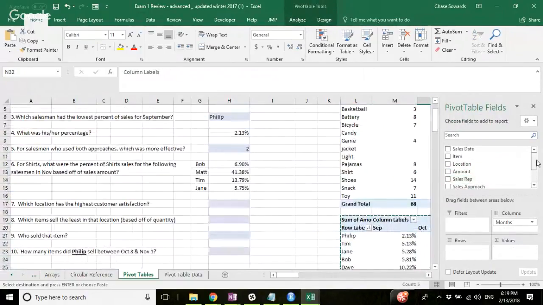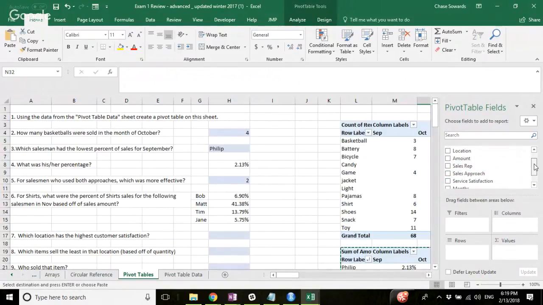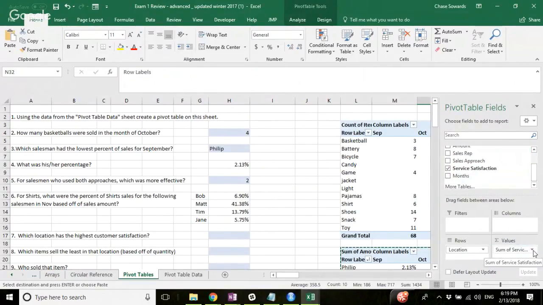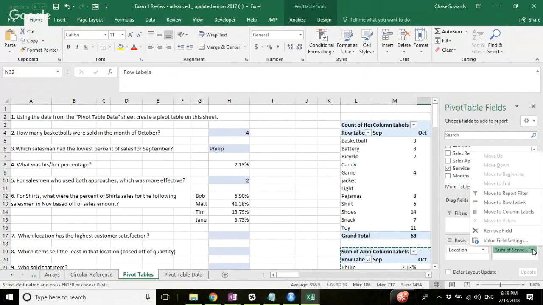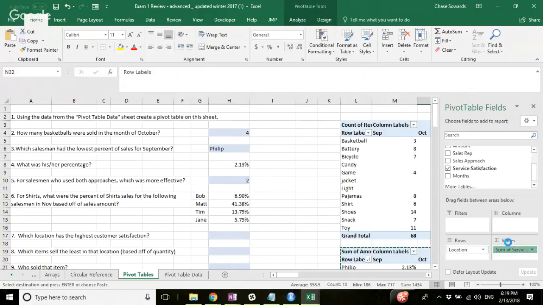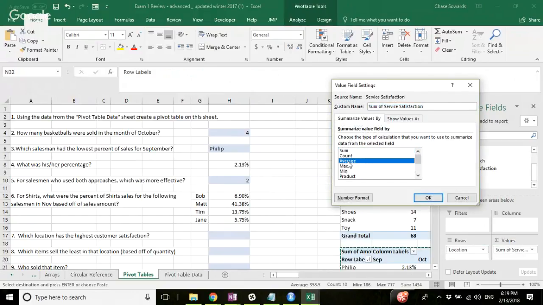And then come down here. So we have location. Here's the satisfaction right here. So do the location and then the customer satisfaction. Let's make sure that, let's do an average. That would probably make more sense. So if I come here and do an average, then